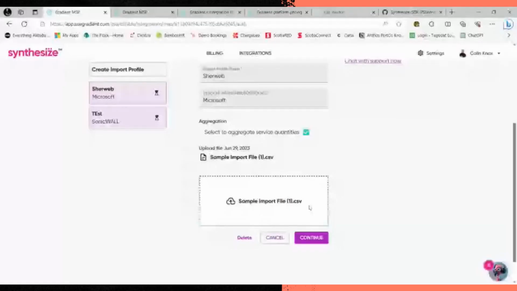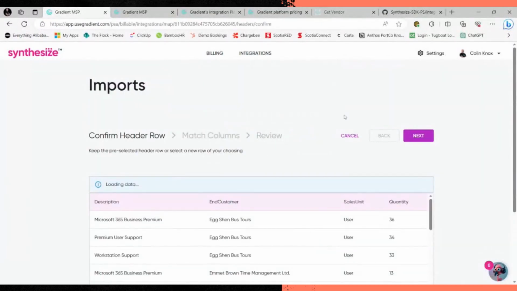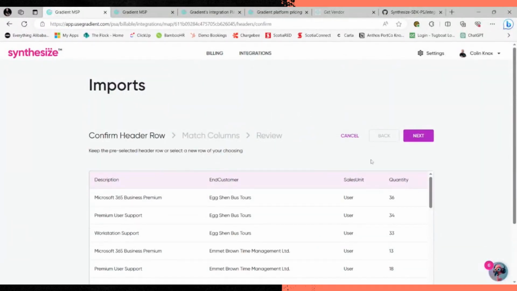All right. So I brought the sample import file in. Now, one of the options is to aggregate service quantities as well. In a lot of exports from distributors or vendors, even though it's the same SKU, it'll show you different editions. It'll say this client was using this much, but over this month they added 2 of these, 3 of these.